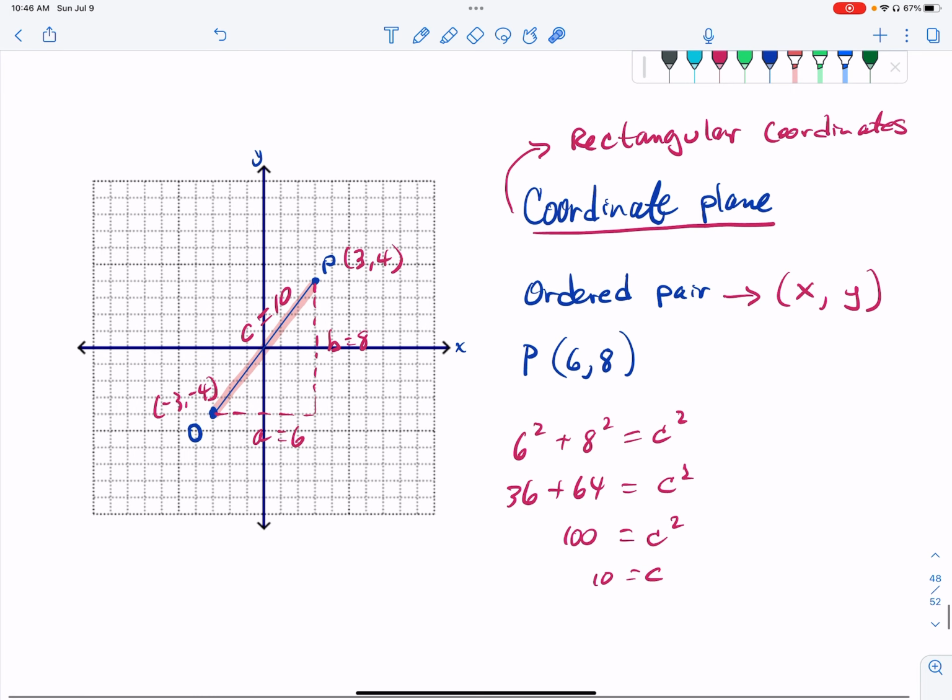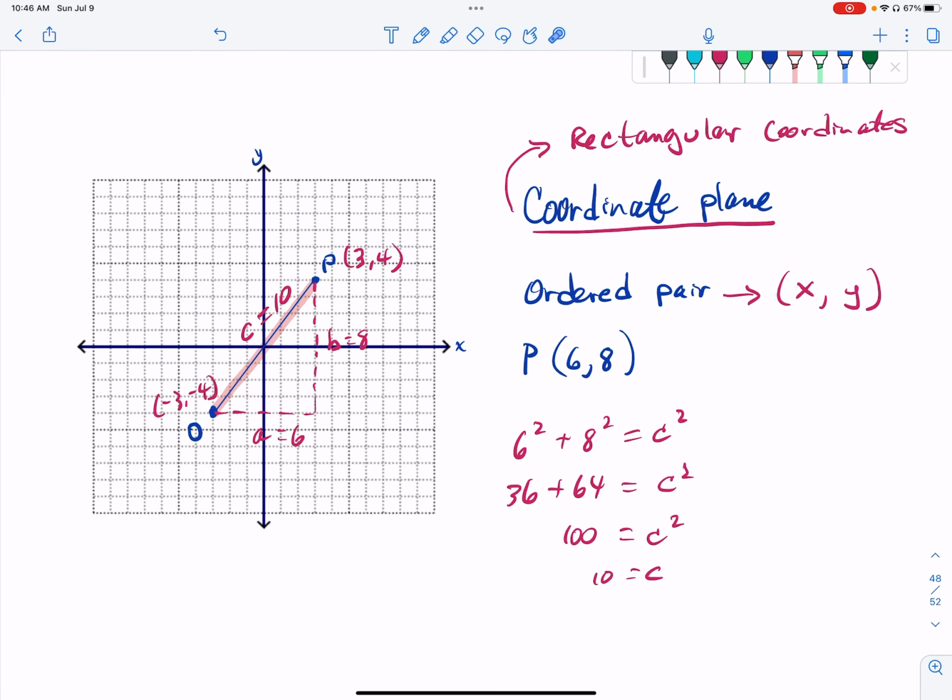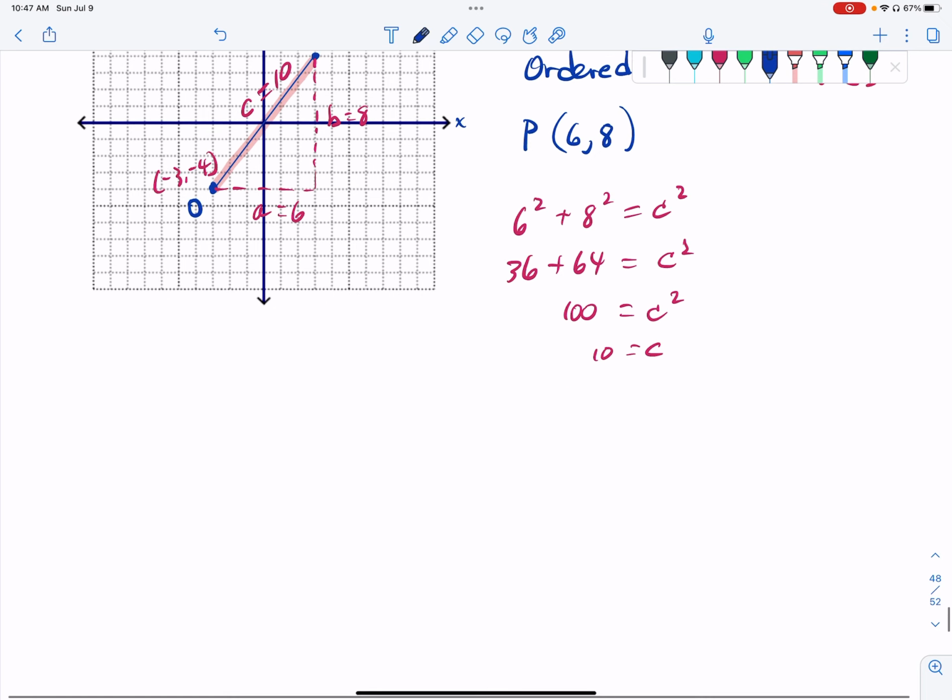Next, before I forget, a common mistake that students make is they want to count diagonally across the grid marks like this, to say that this is 1 and 2 and 3 and 4 and so on, but you can't do that. And here's the reason why. Let me zoom in on just one little square, one of these little units. I think you can agree that this length down here is 1 and going up is also 1, right? Basically it traces off a square,